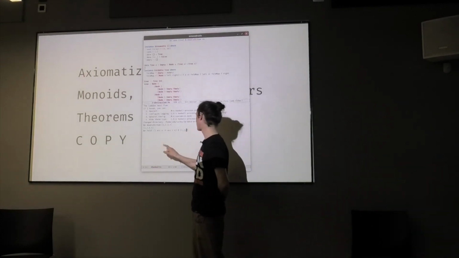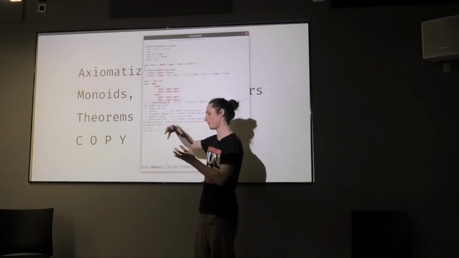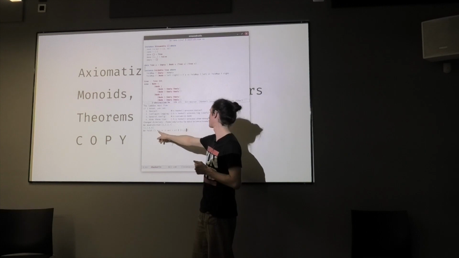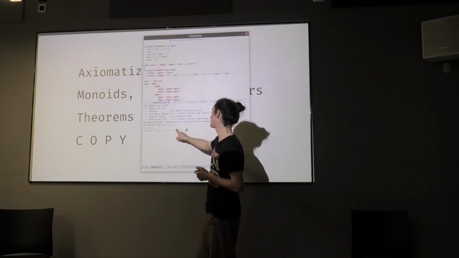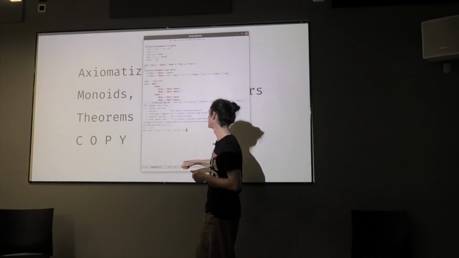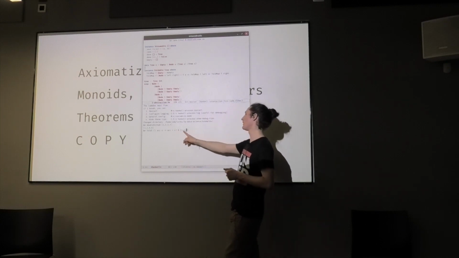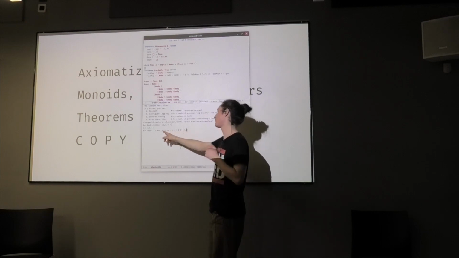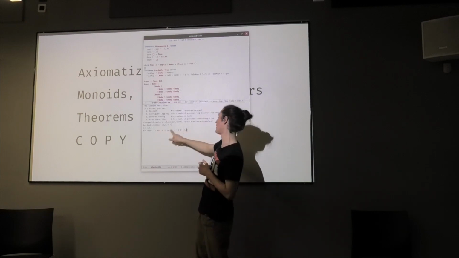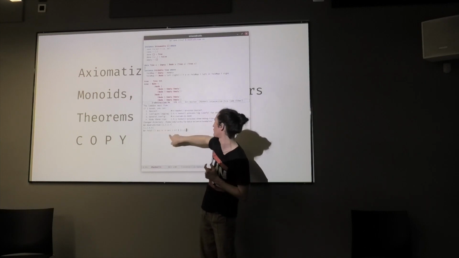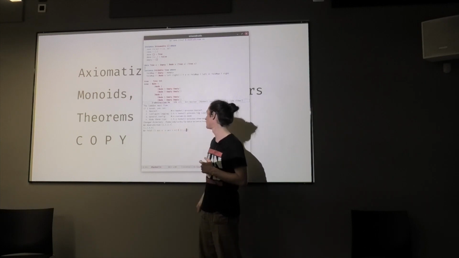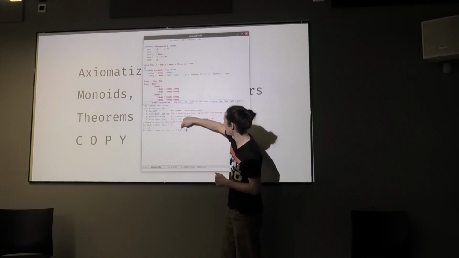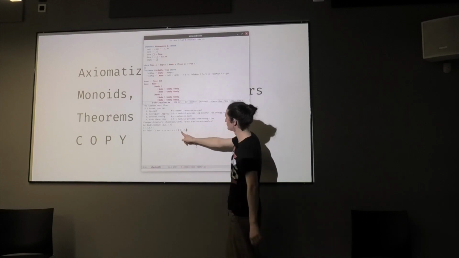And the way it's going to do it is it's going to have a particular value that it's building up, an accumulating value, which I've called ac here. This is our initial value for that. So we're going to start at 0. And then for every element in this list, we're going to pass the current value of the accumulator and the element we're looking at into this function given in here. So it's going to start out with ac of 0,